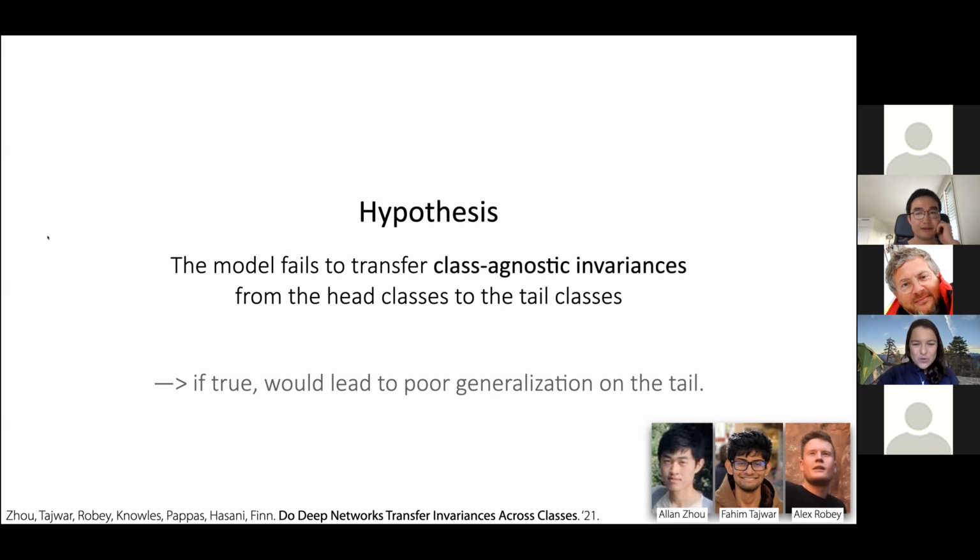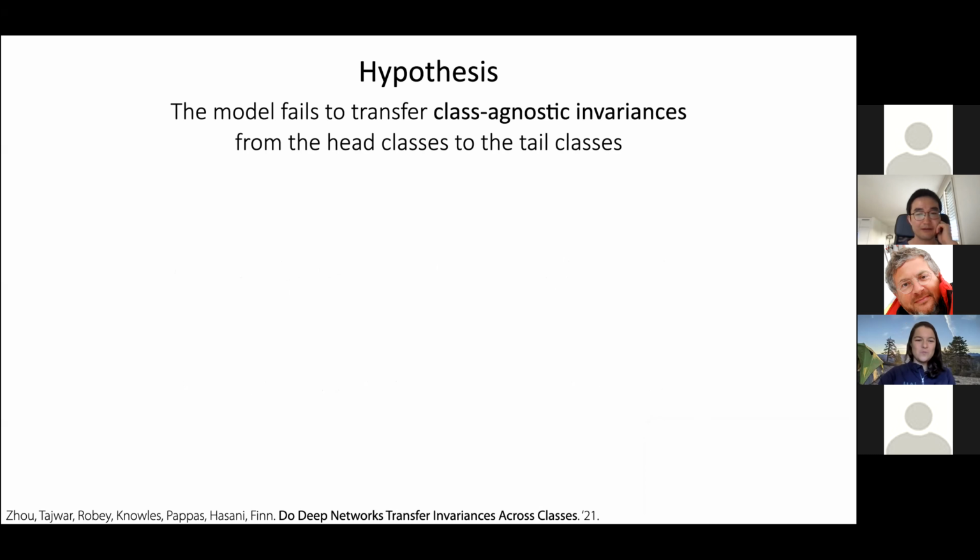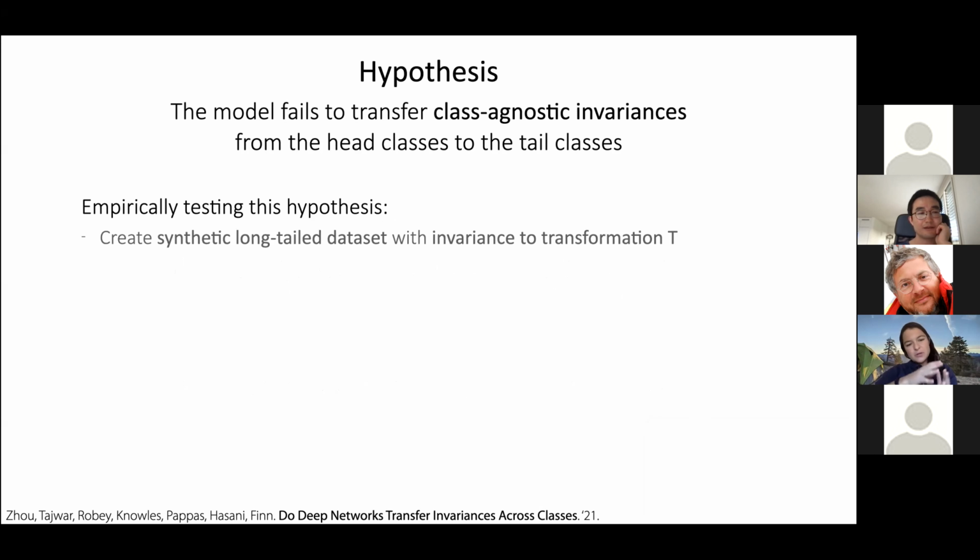Now, one of the cool things about this hypothesis is that we can actually explicitly test it. So what we did is we took these are going to be fairly synthetic experiments, but later we'll move on to some more realistic data sets and so forth. But what we're going to do is create a synthetic long tail data set with invariance to a particular known transformation T. And then we can train models on that long tail data set and evaluate their invariance to T on different